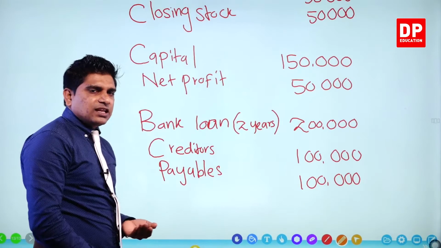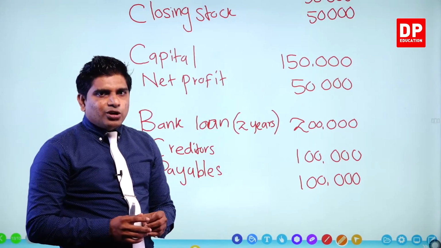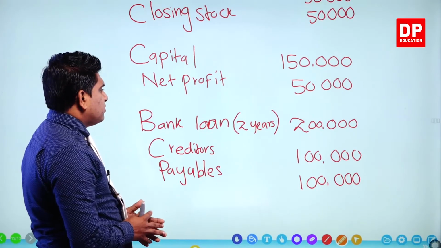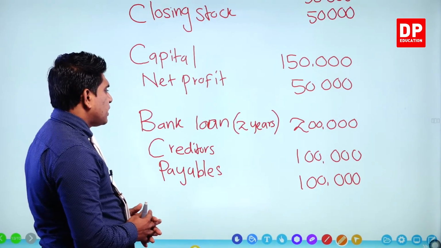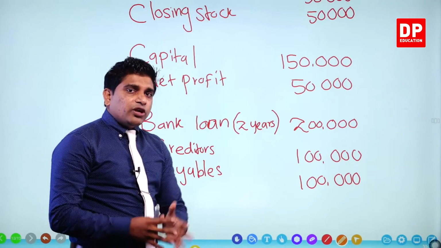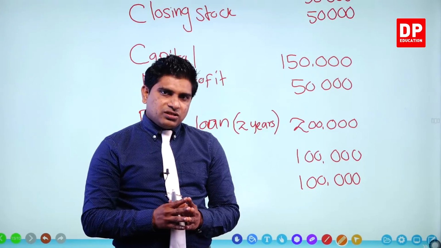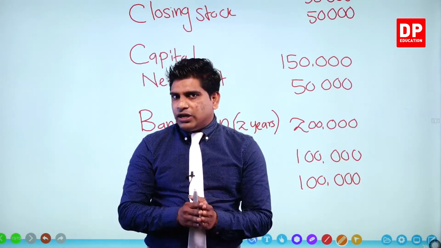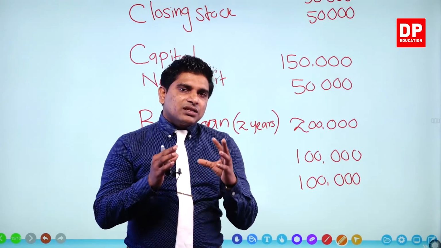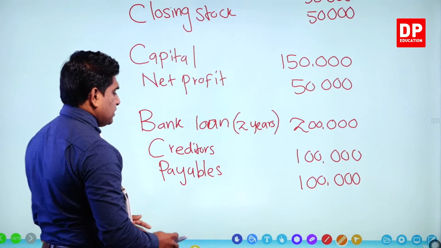The question is this. These are the details given. Here I have given 2 non-current assets, 2 current assets. Right? Then liabilities are given 1 non-current liabilities, 2 current liabilities. In addition to these 2, I have given you capital and net profit. What you want to do now? You have to enter these details in the statement of financial position. You know very well now, according to the accounting equation, your total assets should be equal to capital plus liabilities. Okay.